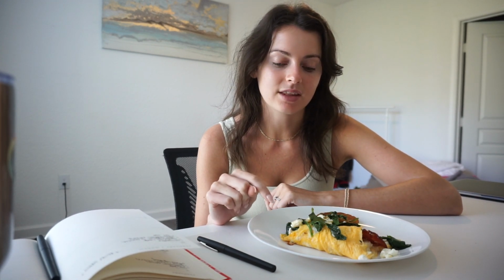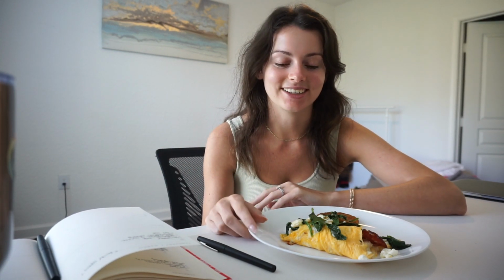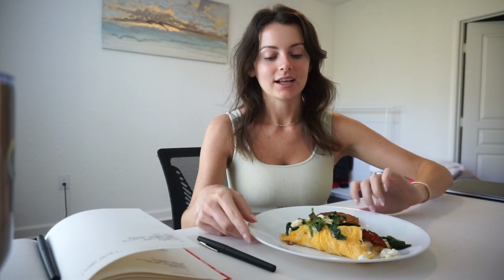But just having that with some feta and a little bit of garlic and some spinach, that's my favorite. Oh, and bacon, turkey bacon. It's my favorite way to have an omelet, feta and spinach. It's just so much better than regular cheese, and then obviously the bacon is a nice little treat, and it's so good. And then obviously a little hash brown as well, so this keeps me full for a